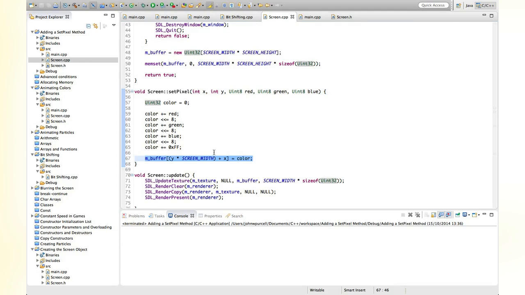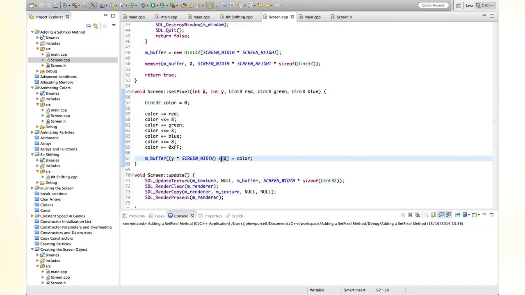So to get the right pixel, we have to multiply y by the screen width, because we have to say we want to go 10 rows down, then we've got 10 rows there of pixels, and each row has the screen width. So if we multiply this by the y value, we'll go down to the right row. We then add x, which is like the column value. So once we've gone down to the right row, we have to move to the right